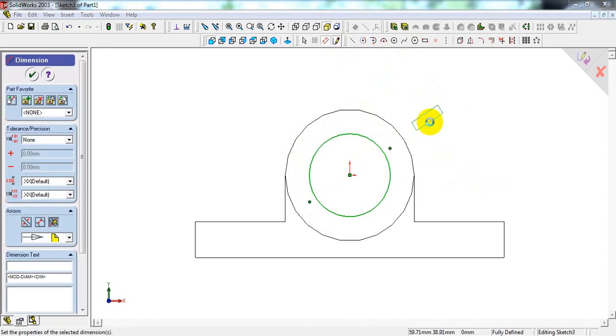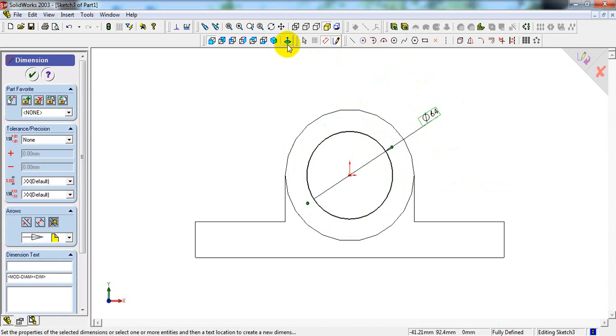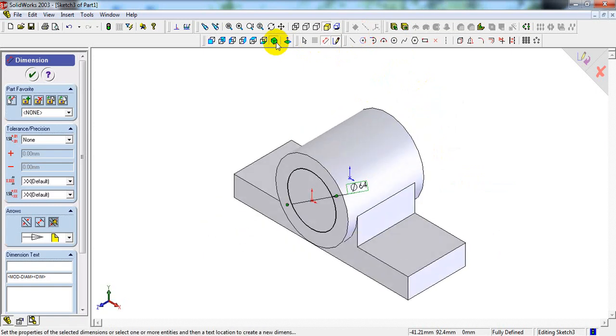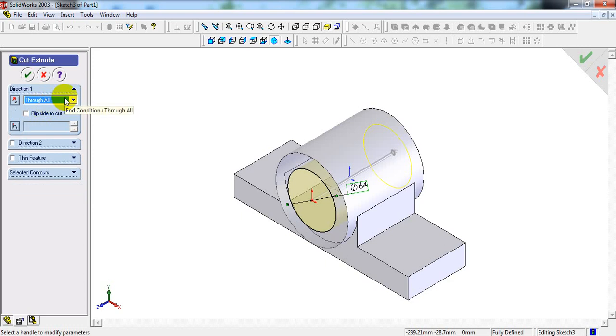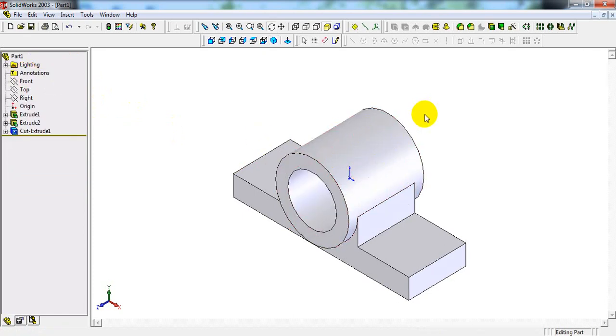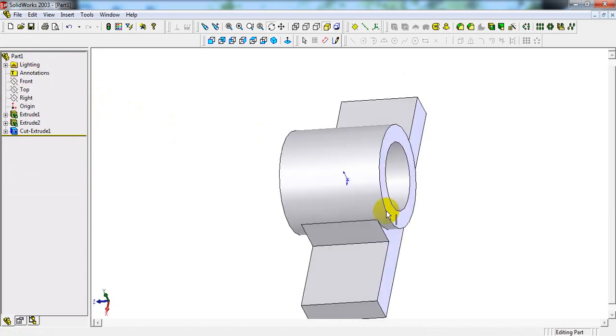Diameter of the circle is 64 mm. Now select isometric view, extruded cut, select through all, or select blind and enter 100 mm. Select OK.